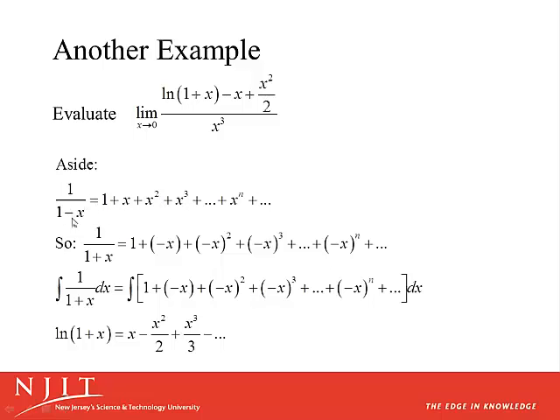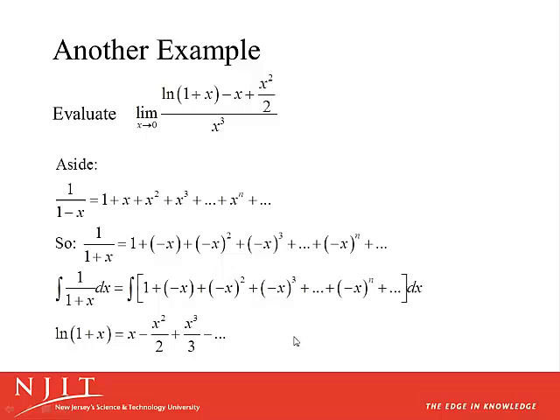And therefore, if we replace the x by minus x, that gives us 1 minus negative x, or 1 plus x. And on the right-hand side, we just need to replace the x's by negative x. Therefore, getting 1 minus x plus x squared minus x cubed, and so forth. If we integrate both sides, we get natural log of 1 plus x on the left. And on the right, we get x minus x squared over 2 plus x cubed over 3 minus dot, dot,